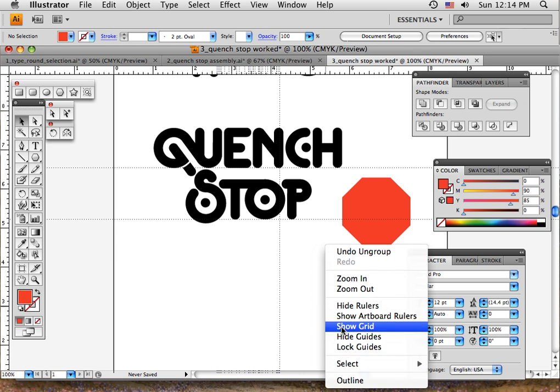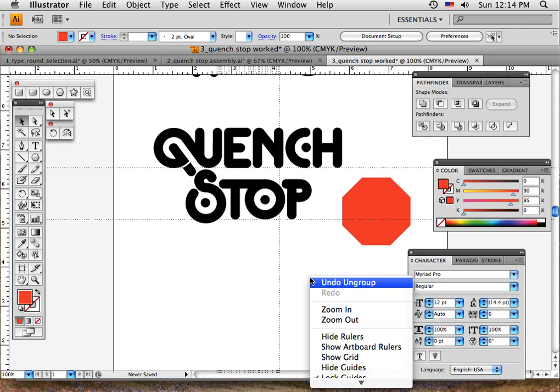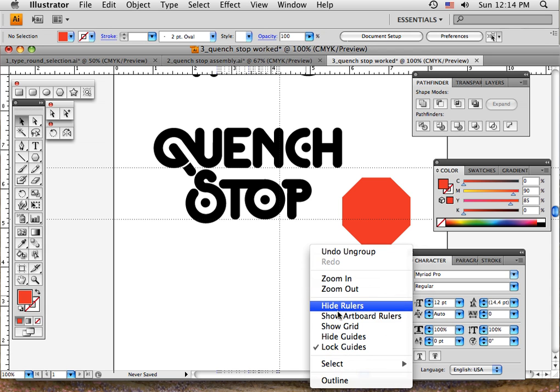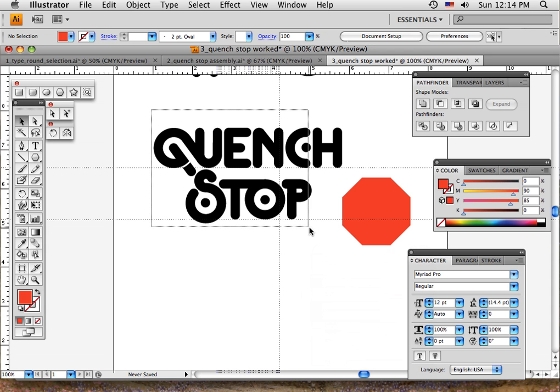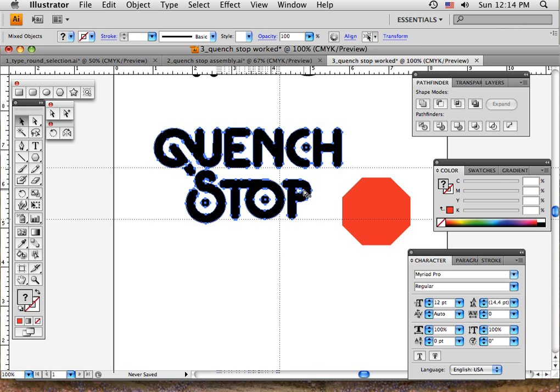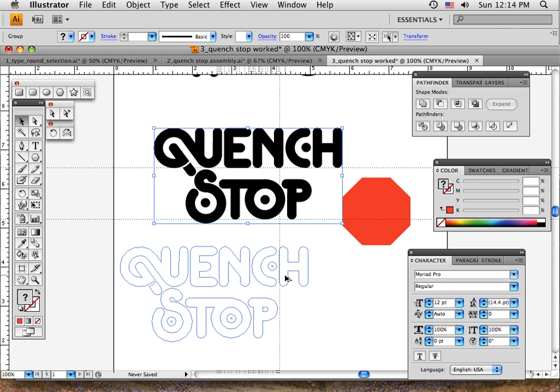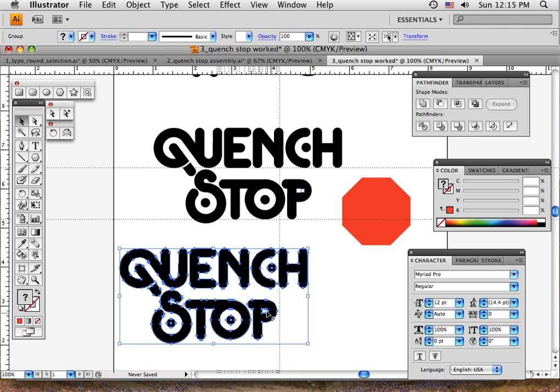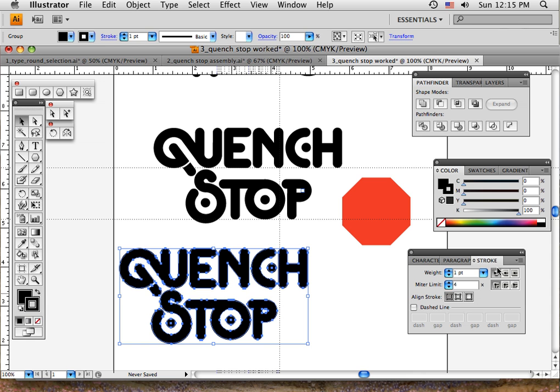See, the trouble you get with it is if you don't keep your guides in shape. Okay, they're locked. The guides are locked. Now I'm going to get my letters and group those. Command G. Now, not copy. There's the copy. Okay. Now the copy is going to be a black fill and a black stroke. And then I'm going to go to my stroke, hit my rounded elbows and rounded joints,